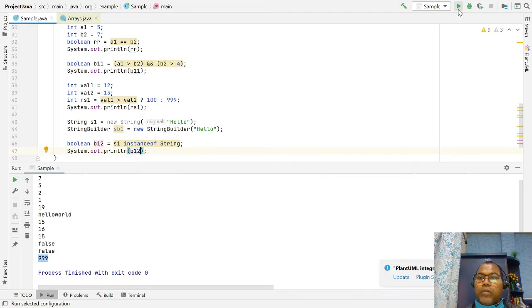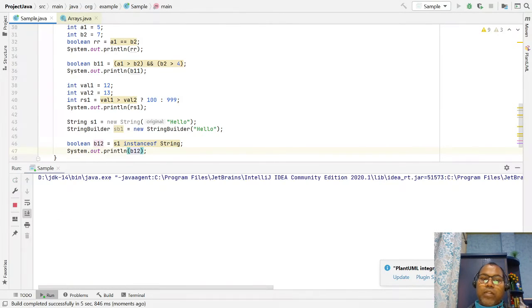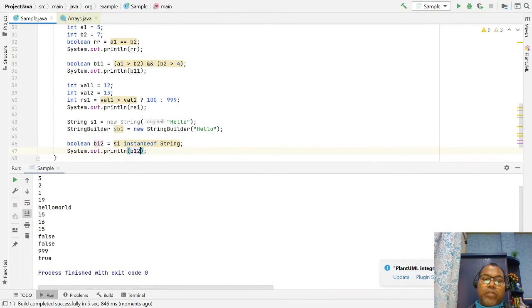So here we can check whether s1 is an instance of String or not. It returns true or false. Okay, this is true.